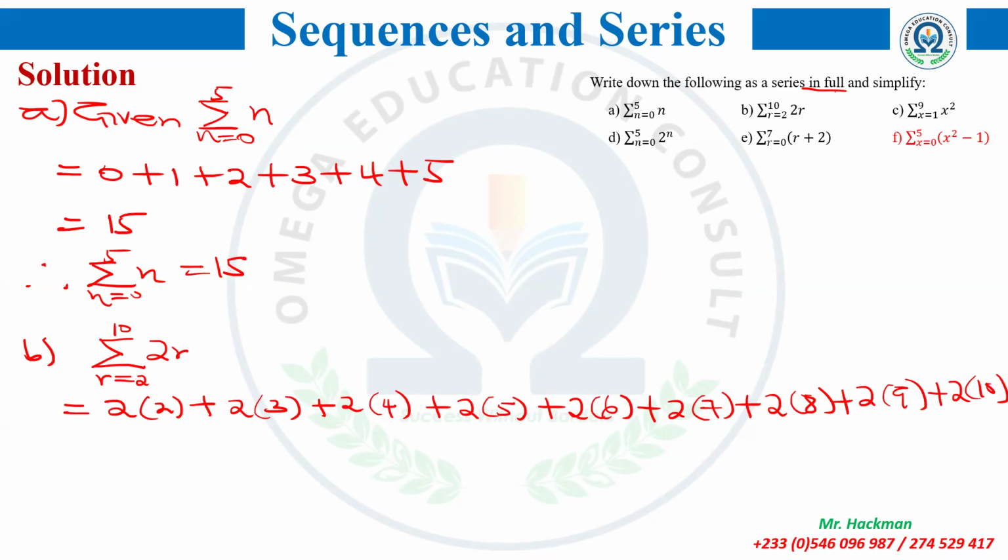Okay, so it's because of this that you can see that I didn't rule the line, because I realized that in ruling the line, this will go through. So now this will be equal to, simplify each of the terms. This will give us 4, plus this will give us 6, plus 8, plus 10, 12, 14, 16,